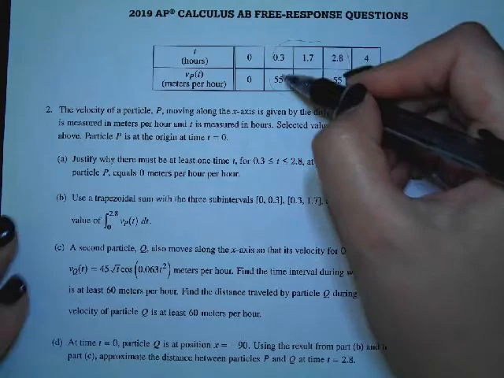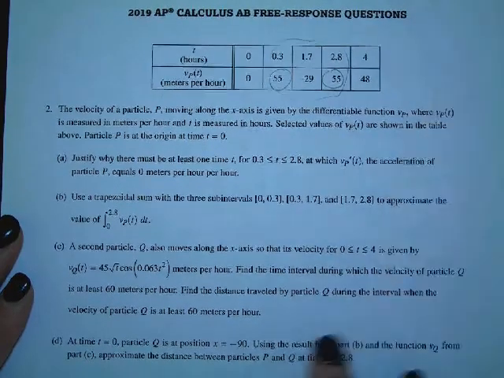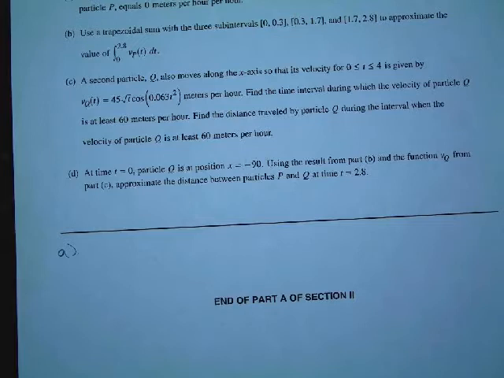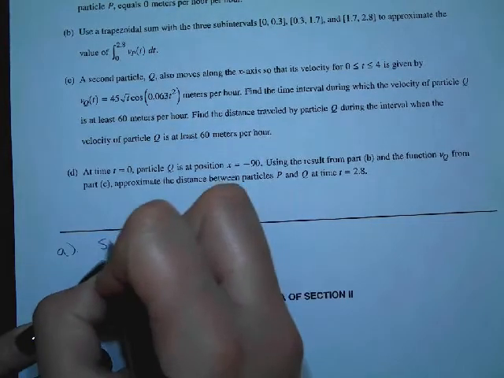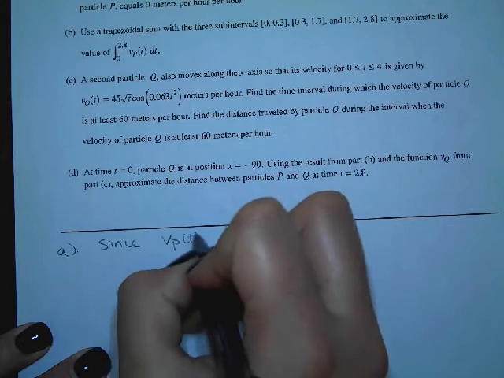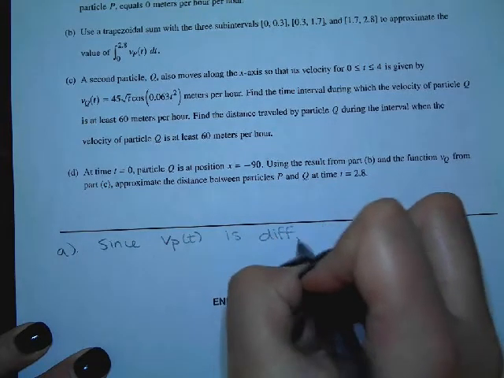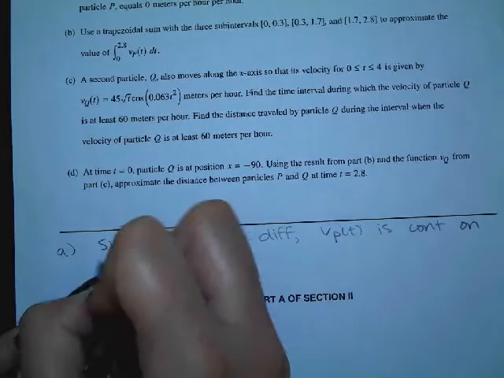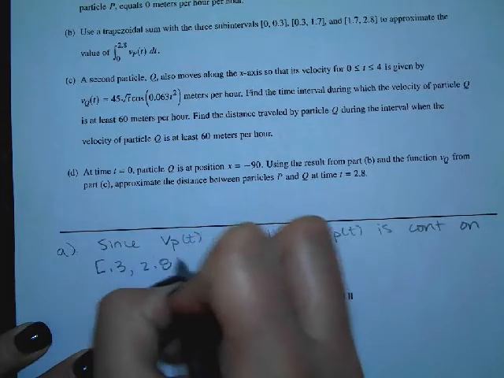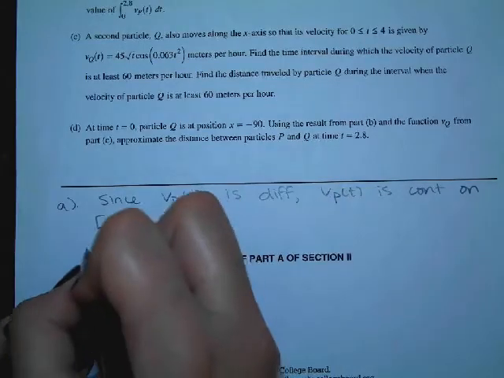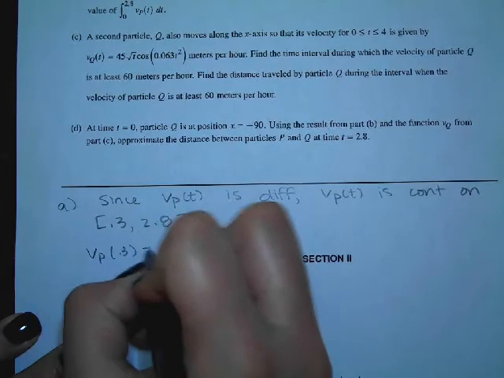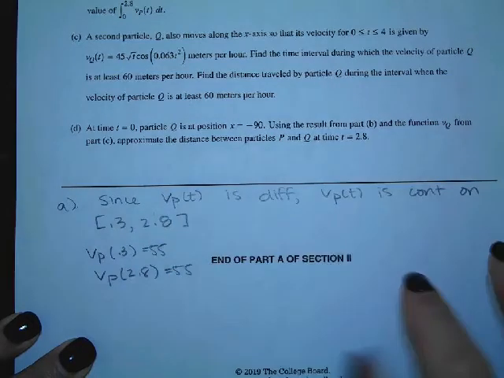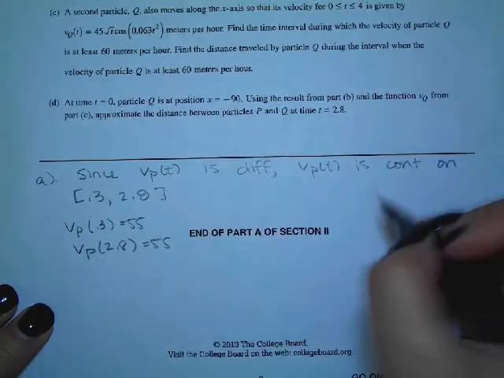So I did notice that these had the same y coordinate. So before you can even use one of those theorems, you do have to say that since the table is differentiable, it's continuous on 0.3, 2.8. And then after that, I went ahead and said that this is 55 and this is 55. And since they're the same value, then we can say by Rolle's theorem,